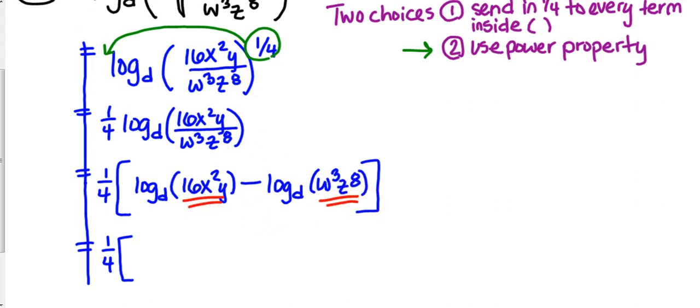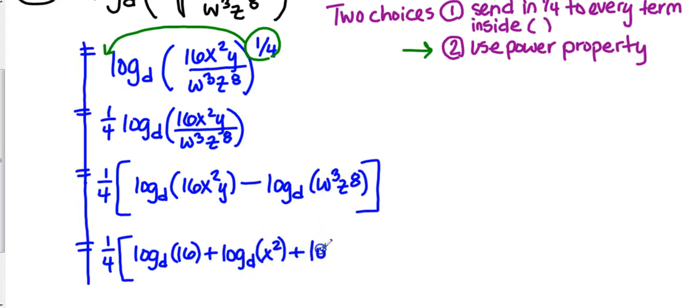So it's going to be log base d of 16 plus log base d of x squared plus log base d of y. So we have finished expanding this piece using the product property, and if you're using colors, I'm going to be using green to show that